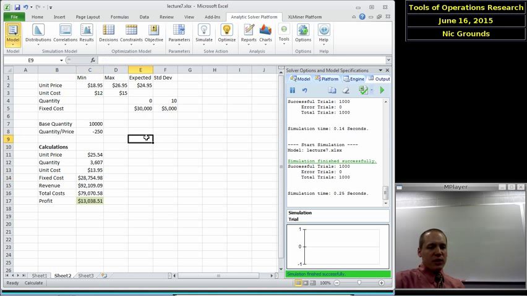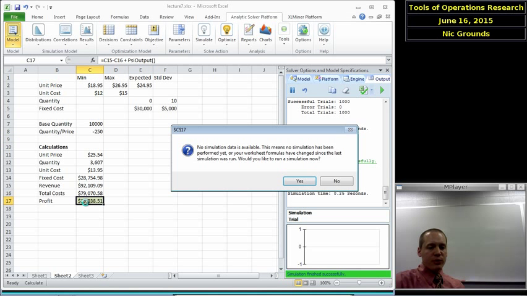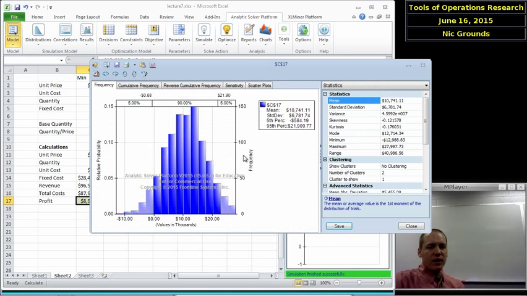Now when we do a simulation, so again I'm going to double click the output and show you. When we do a simulation, we will all technically get a different looking distribution. That is, the likelihood that we all generated 1,000 simulations that led to a mean, minimum, maximum that are all the same is pretty low. However,